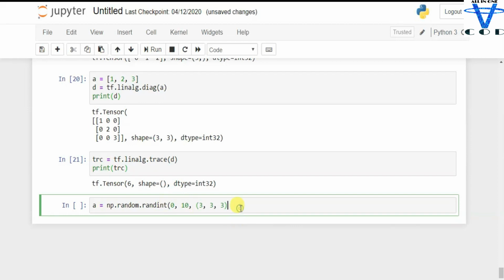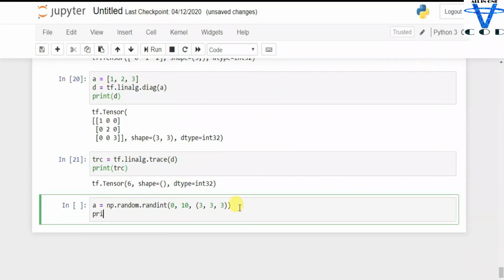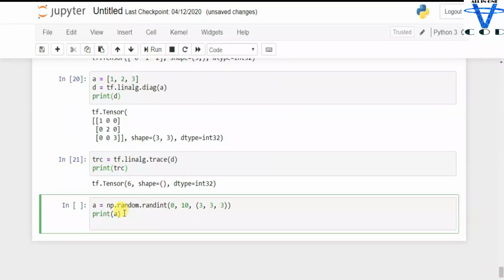First let's print A, so you can see what A is. Now let's create a transpose function, T equal to tf.linalg.transpose.